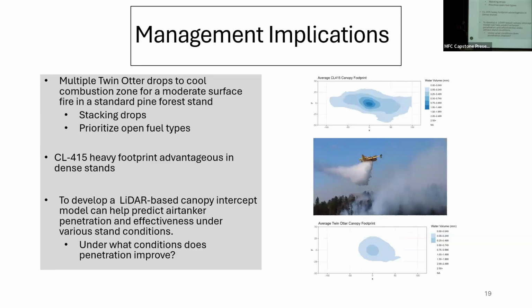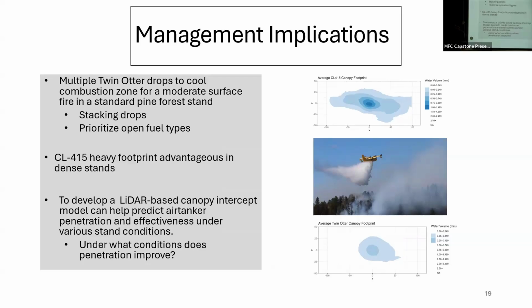Because canopy interception reduces drop coverage of a Twin Otter to under 0.5 mm, this research suggests that fire managers will need to plan to stack drops once that fire line intensity reaches intensity class 3 or higher. It has broader implications for containment probability, air tanker sequencing, and safety of ground crews if you're working with Twin